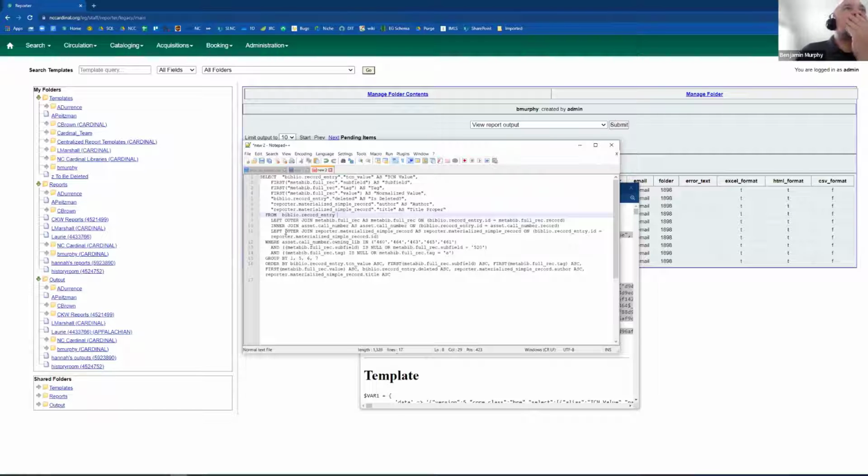All right, so we have an inner join on asset call number, which makes sense because we are wanting to ensure that it is a value that has that library system associated with it. There are the branches. Subfield is null or